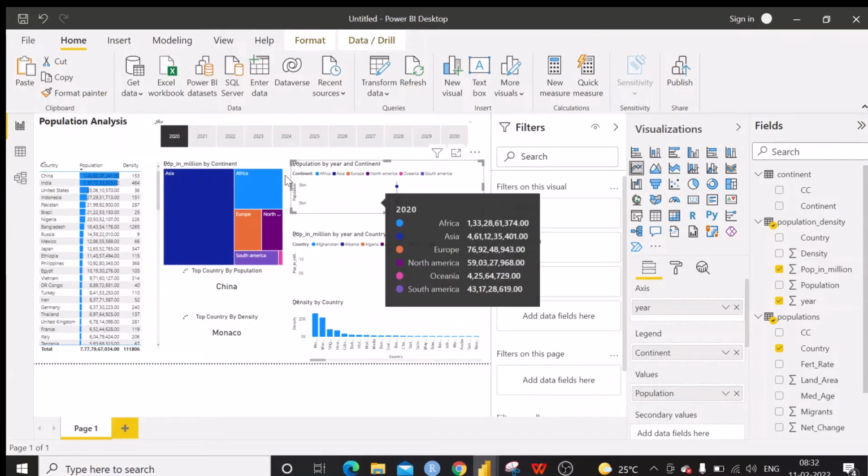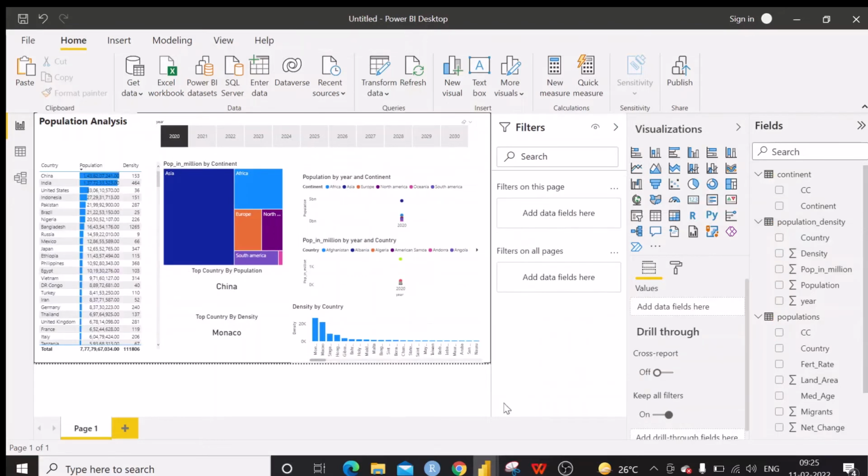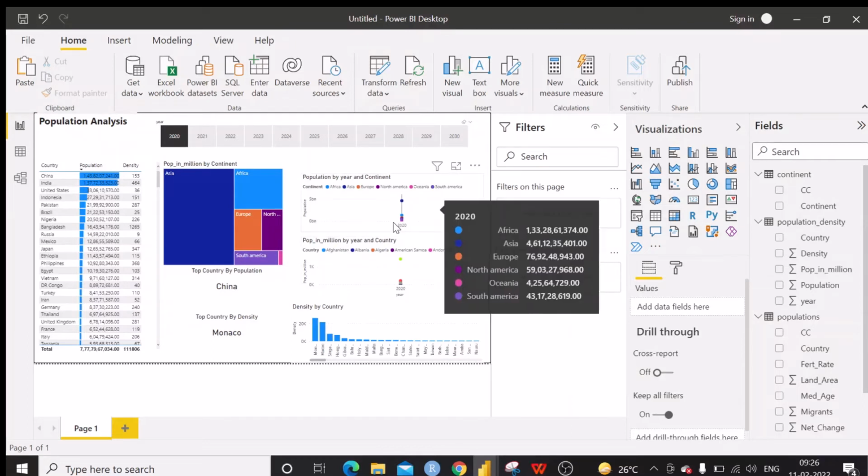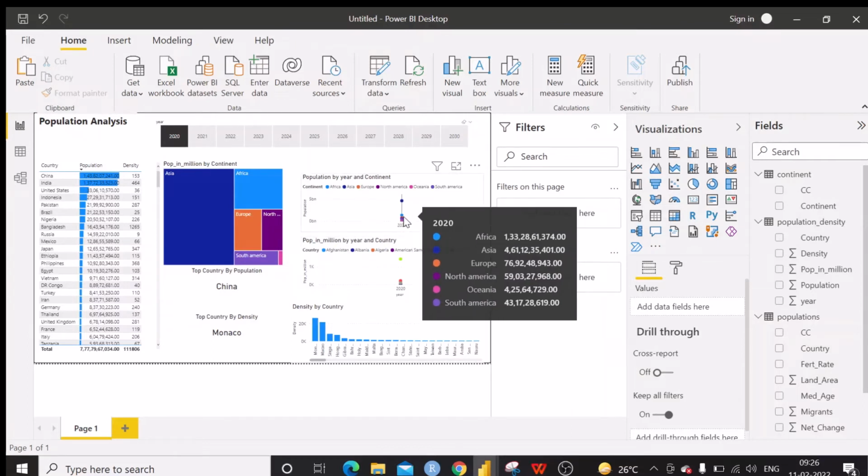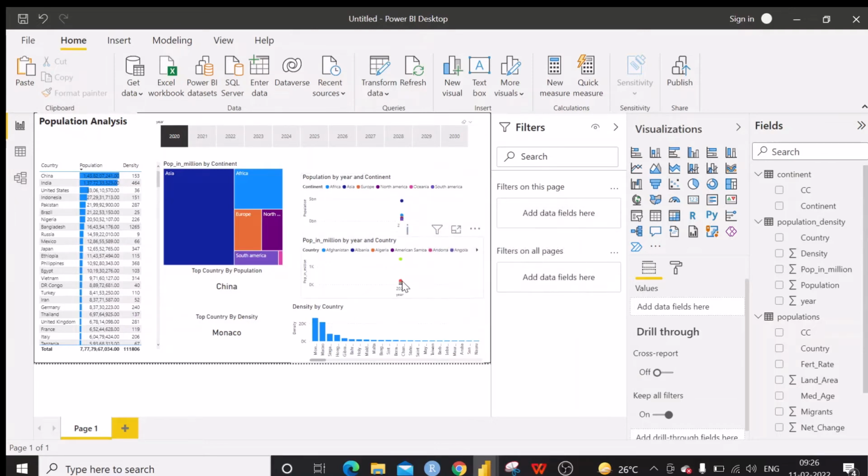The reason is we have selected 2020. When we see these two line charts, we see that it contains value for the year 2020. Here also it is 2020. This is also for the year 2020. But what we expect is this line chart should not be only for any filter value selected here. The reason it is showing only 2020 is that in the year filter we have selected 2020.